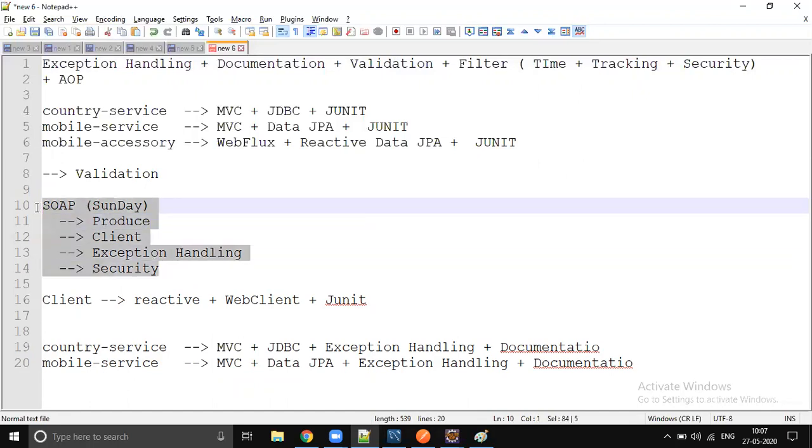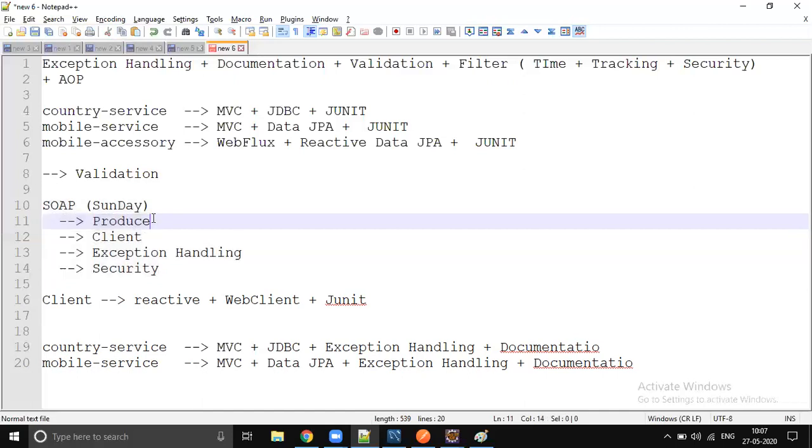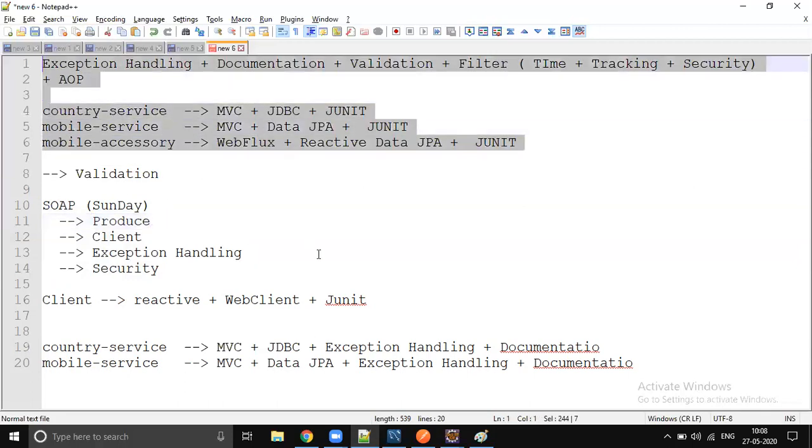Because nobody is using SOAP these days, we can quickly close this and focus more on REST with all its features. It's up to you. If it works for everybody, then we can have a session on Sunday, only SOAP services, which is completely independent. Yeah, no problem. Fine for me. If it is not working for you, please tell me. If you don't say, I will consider it fine.